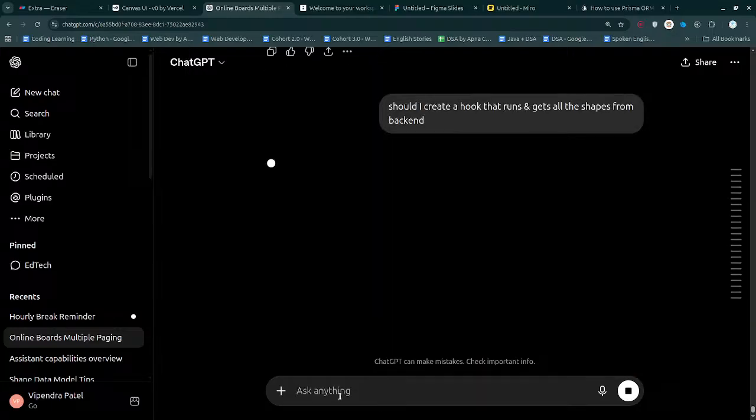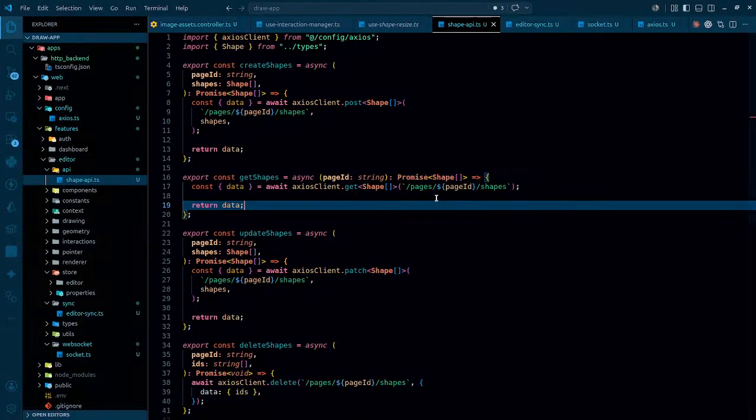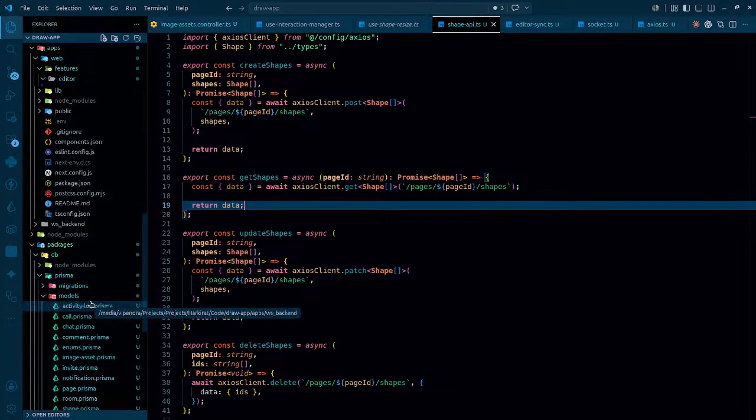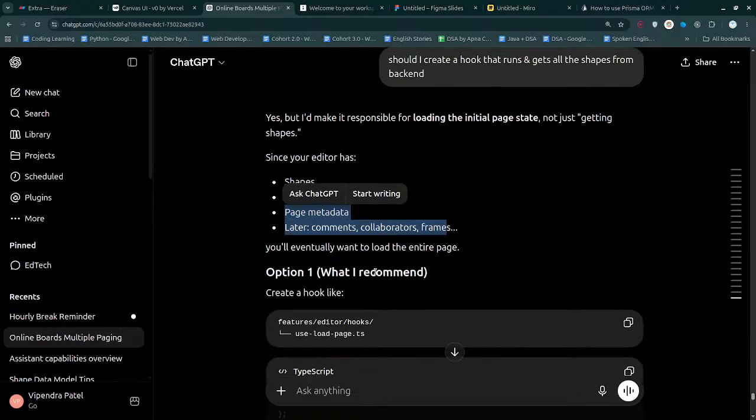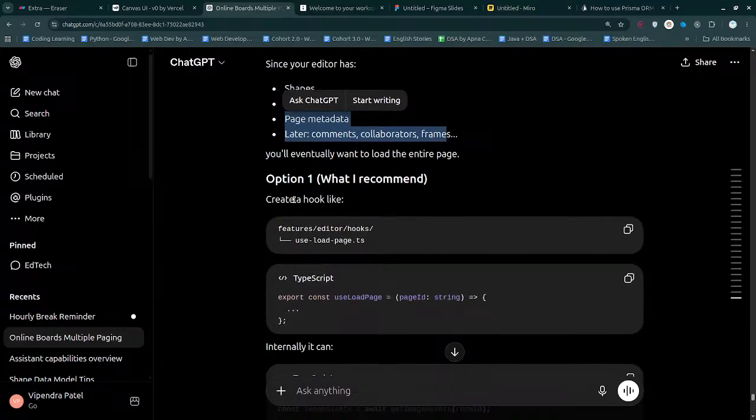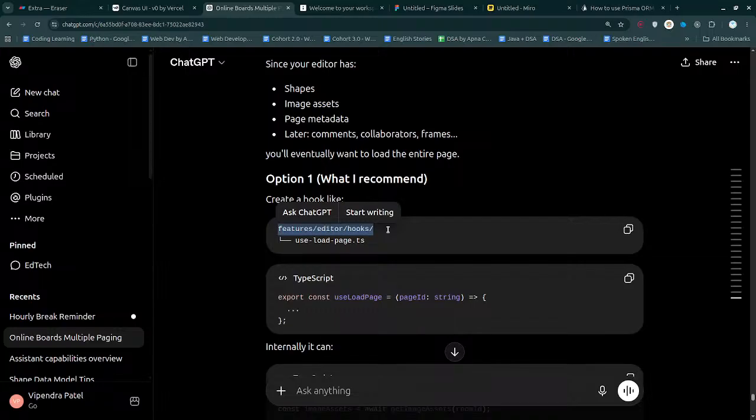Let me see. Apart from this particular thing, meanwhile we have to get one more. First of all, let's focus on this. Yes, but I'd make it responsible for loading the initial page state, not just getting the shapes. Since your editor has shapes, image assets, page metadata, later comments, collaboration frames, etc., you'd eventually want to load the entire page. What I recommend: create a hook like features/editor/hooks/editor, and inside that I'm going to have hooks, useLoadPage.ts,